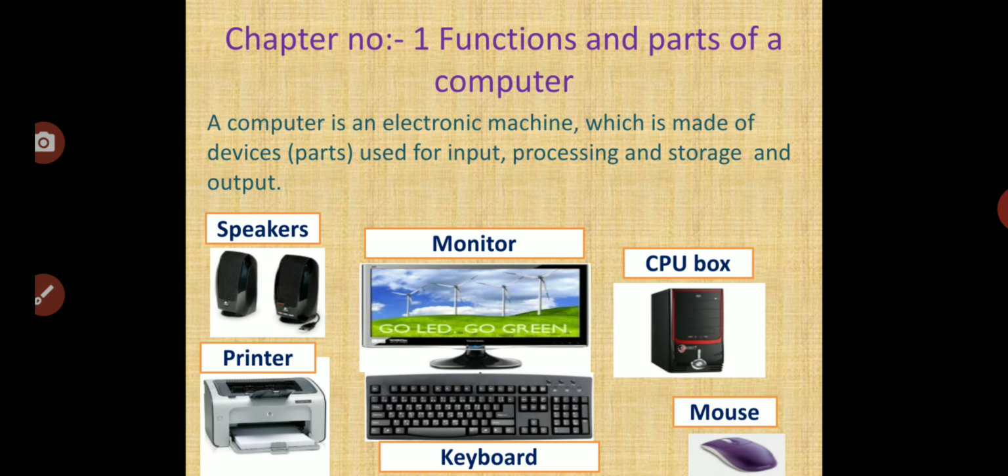Fifth one, printer. The information or the output that is produced by the CPU is displayed on the monitor, and this output can be printed on paper with the help of a printer. A printer can print words as well as pictures. Okay, you see in the exam the question paper is typed, that is done on a computer. In the question paper, text or letters are there as well as images. Okay.